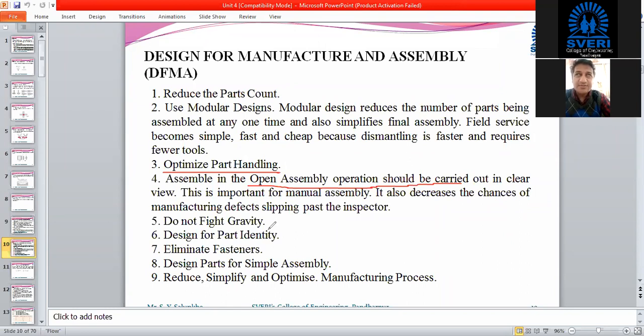First, if you are going to assemble the chassis of any vehicle, then some parts are assembled at the first junction, first stage, or first working station. Later on, that assembly gets moved to the further station, where some more parts are assembled, and later on some more parts are assembled. Likewise, the manufacturing rate will increase.